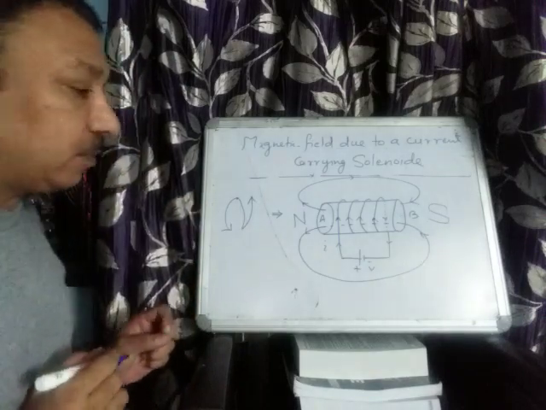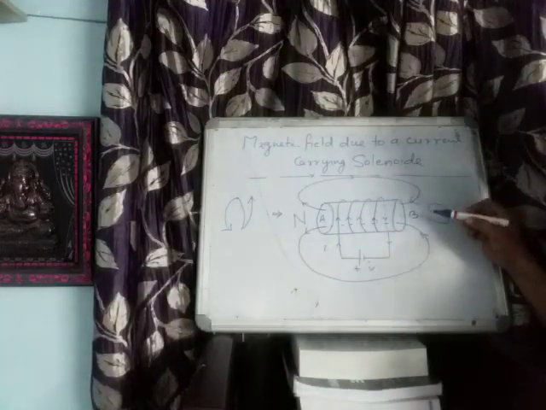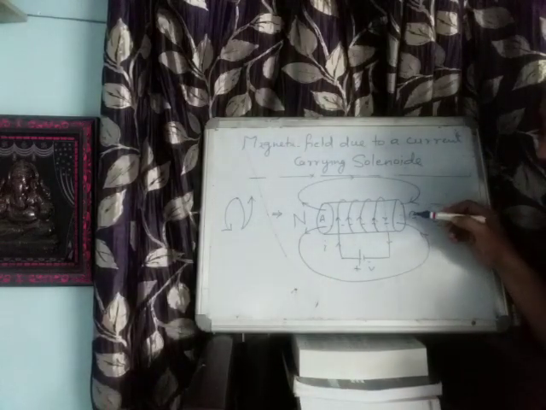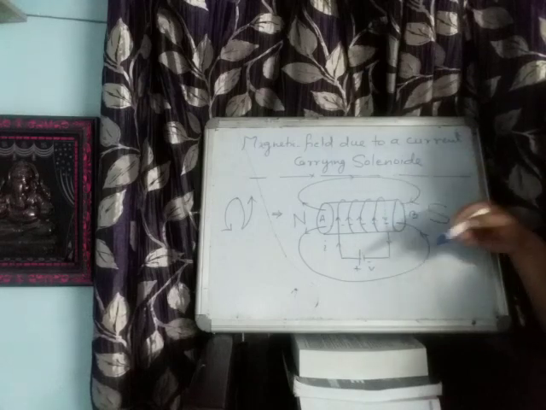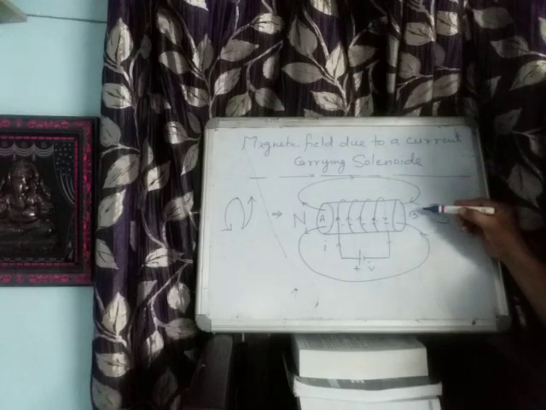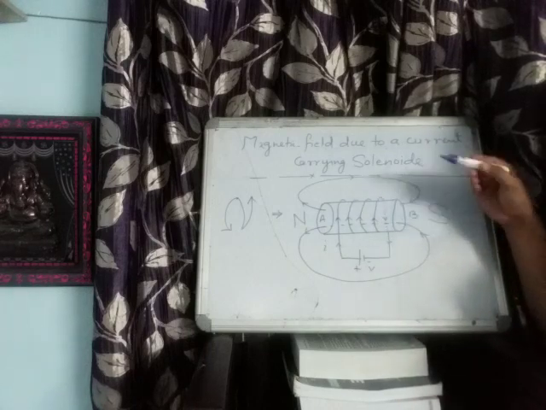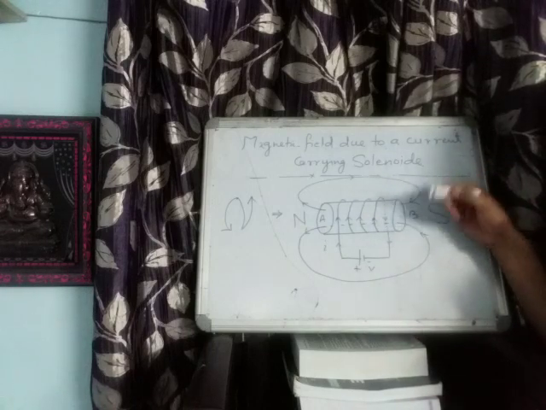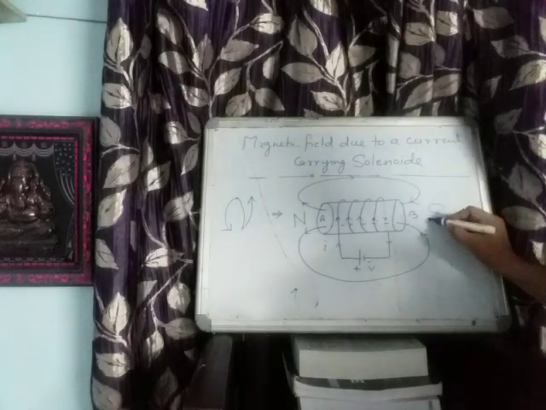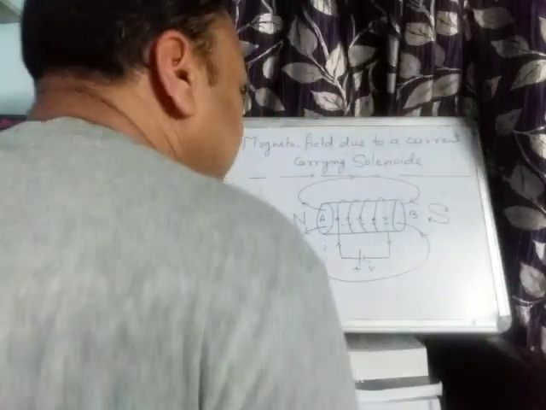And now come from this end, I show you. If I am watching this solenoid from this end, I see that the current is coming clockwise for me. It is for the observer. So since I am the observer, from this end B the current is clockwise. And since the current is clockwise, here the south pole will be formed. Is that clear?